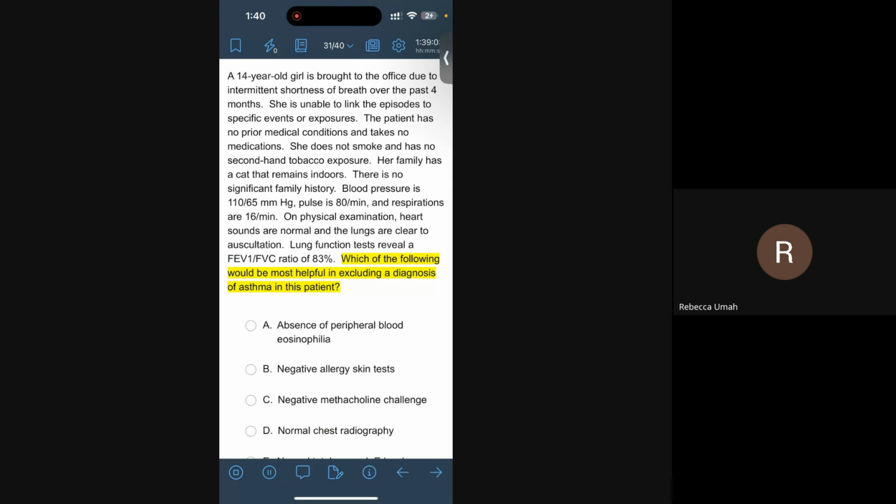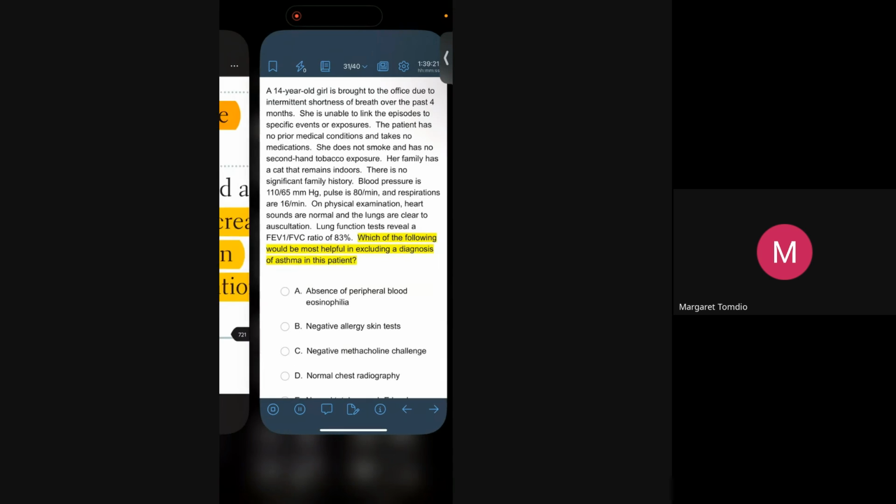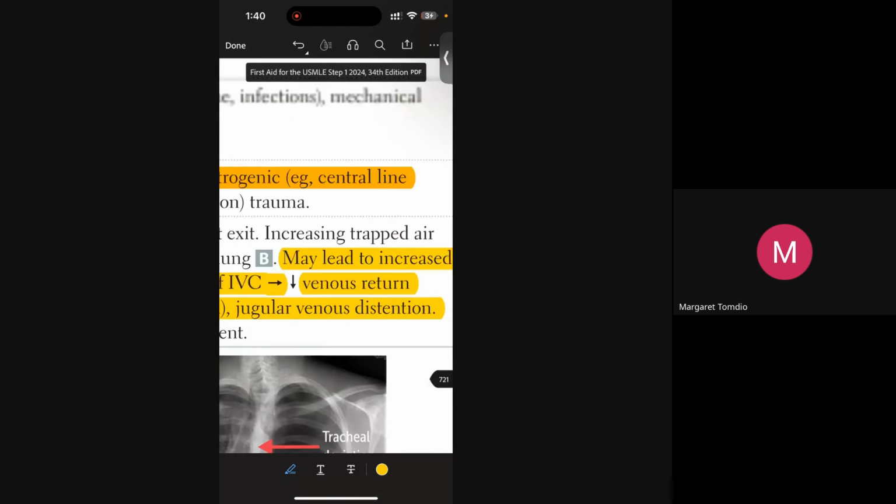That's what we use for asthma. So what is the diagnosis here? The patient is suffering from what disease? Asthma. You actually told us about asthma. Yes, it is asthma. And to exclude asthma,